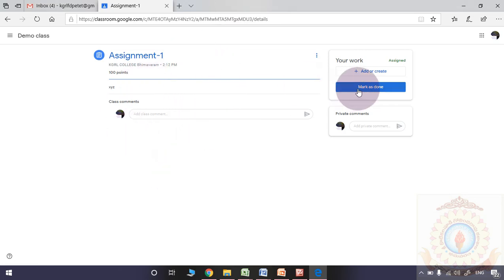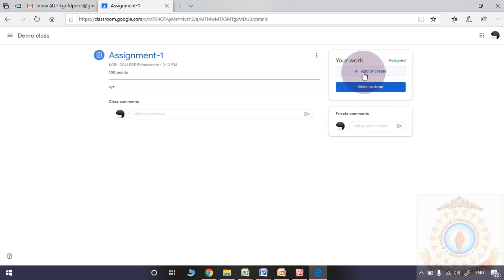If the student is clicking mark as done, then as a teacher you will observe a comment in your Google class that the student submitted that particular assignment.